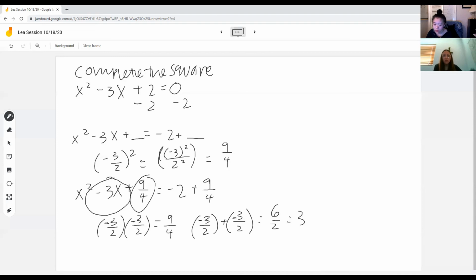Oh yeah. Okay, so then your factor would be x minus 3 over 2, x minus 3 over 2 squared. Well, you would do equals to negative 2 plus 9 over 4, which is,